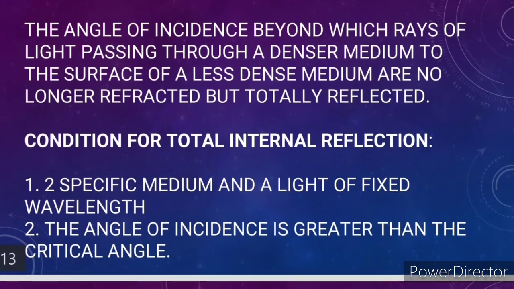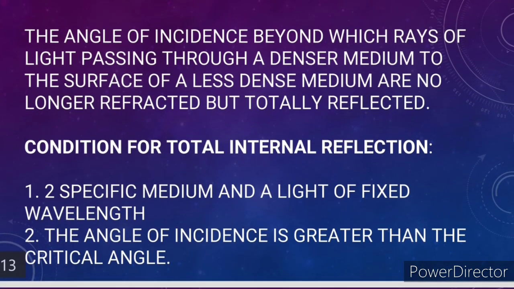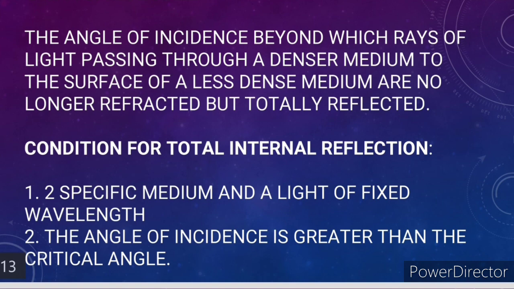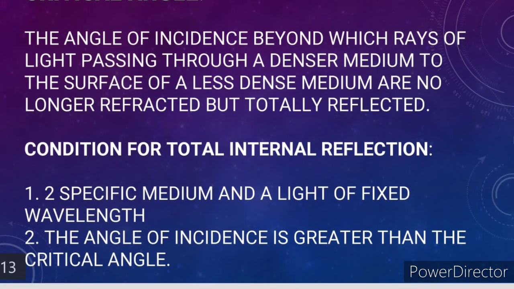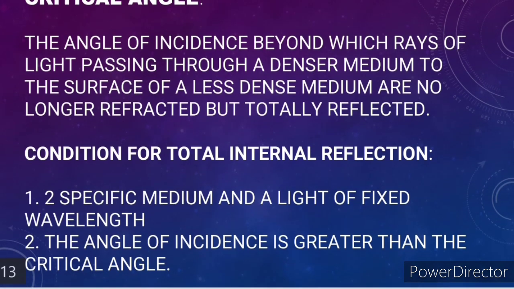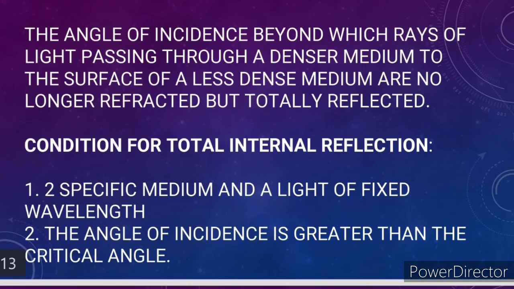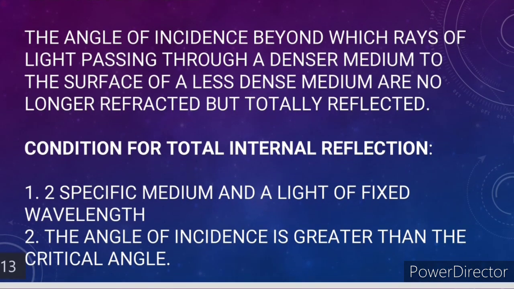Okay, now the conditions for total internal reflection. To follow total internal reflection, you have to understand these 2 points. We have to choose 2 specific mediums, and for a specific light only, total internal reflection happens. And another point is that the angle of incidence must be greater than the critical angle, of course, otherwise total internal